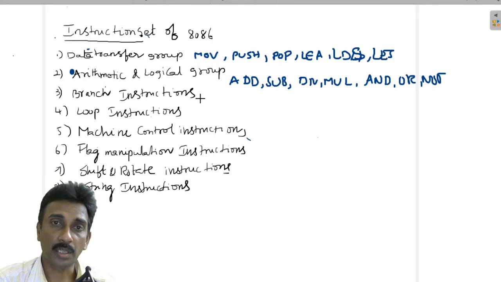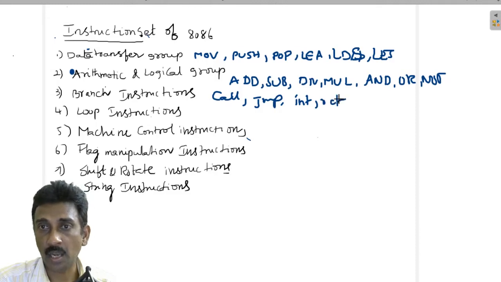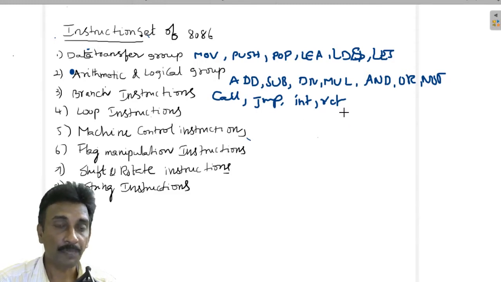Branch instructions are the next important instructions. Branch instructions include the call instruction, jump instruction, interrupt instruction and return instruction. All these are branch instructions. Suppose you use CALL 3000H, it calls the 3000H memory location. A jump instruction within the program may jump from one place to another. When peripheral devices are connected to the microprocessor, interrupt is used for that purpose. If it goes to a subprogram, then it has to return from the subprogram to the main program, and for that purpose the return instruction is used. Like that, we use the branch instructions. Later, we will see them elaborately.